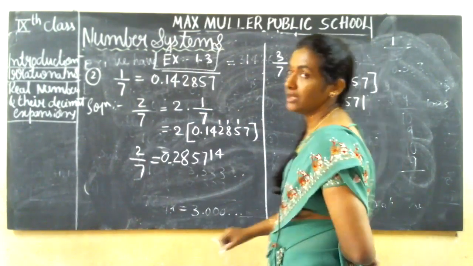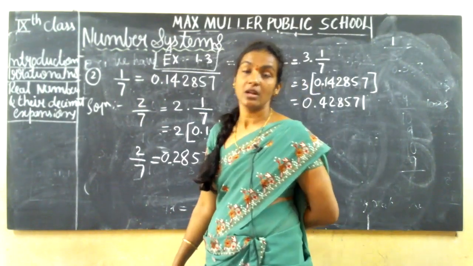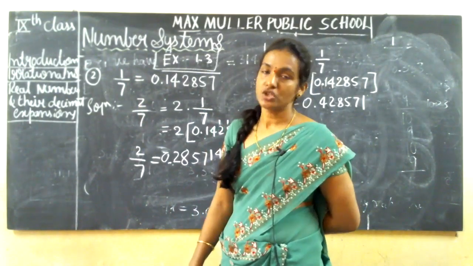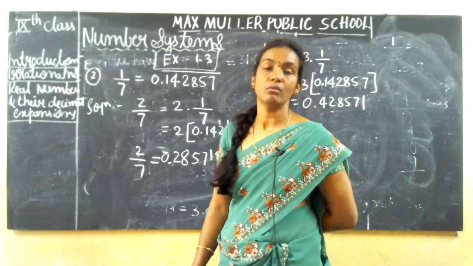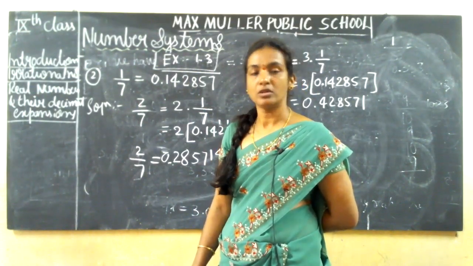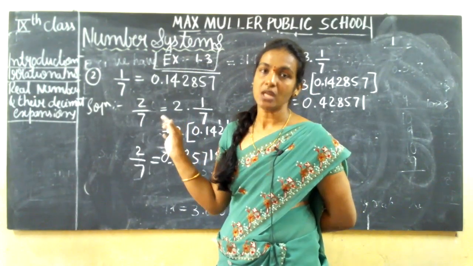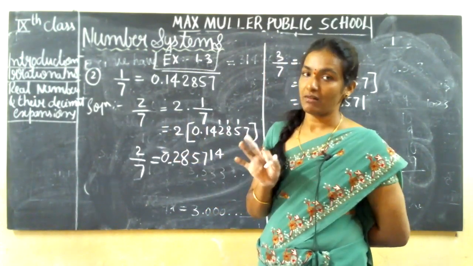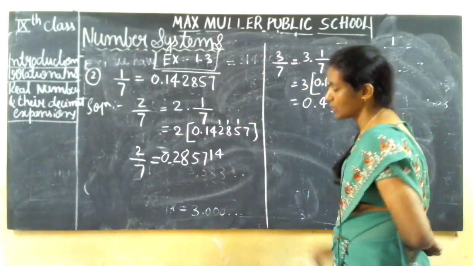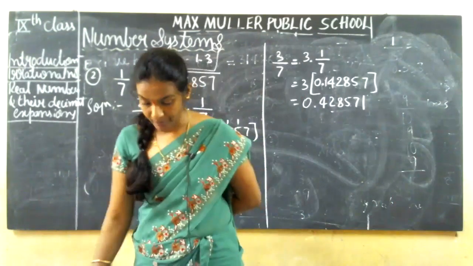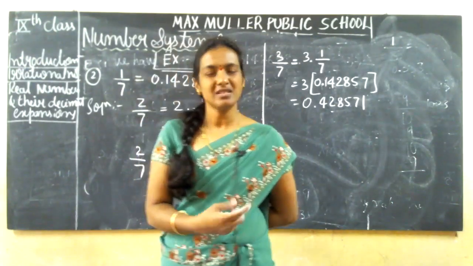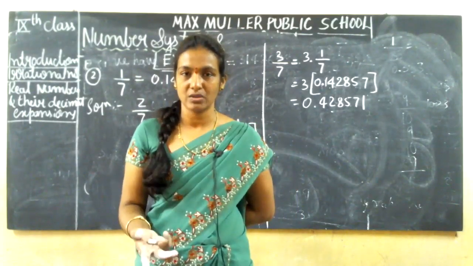Don't expect me to do the multiplication on the board, guys. You are in 9th standard, right? You all know how to multiply, and you know the tables also. This is just the 2, 3, 5, 7, 8 tables. You do it yourself. This is how you need to solve this second problem. Anyhow, I will give it in the PDF, but this is very easy. You can do it yourself also.